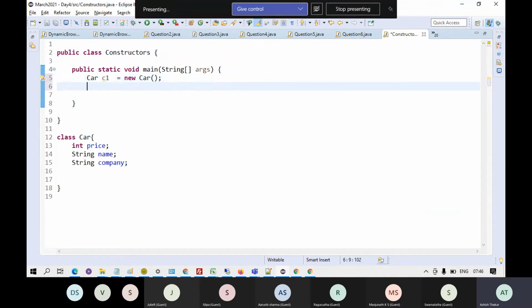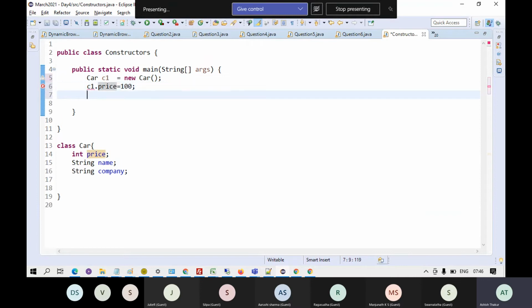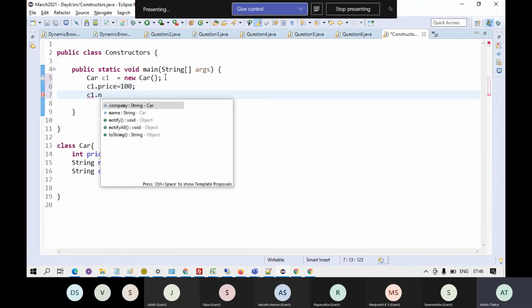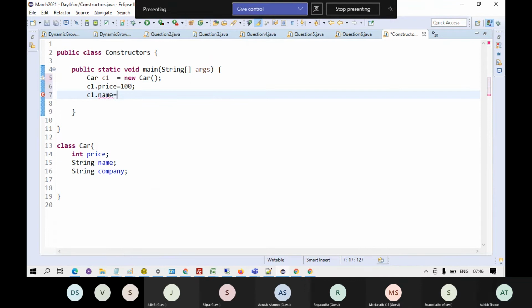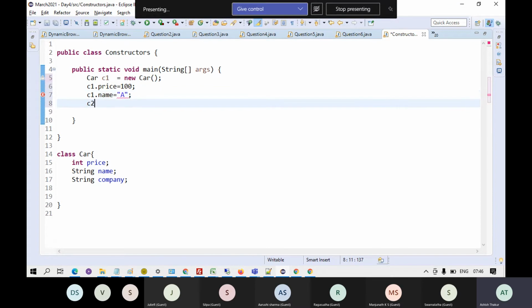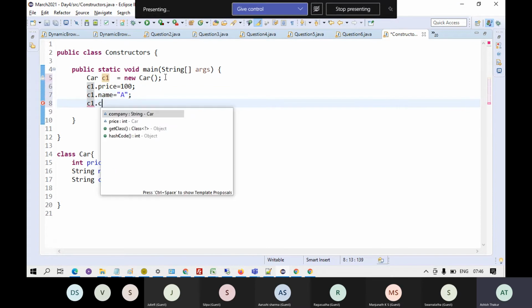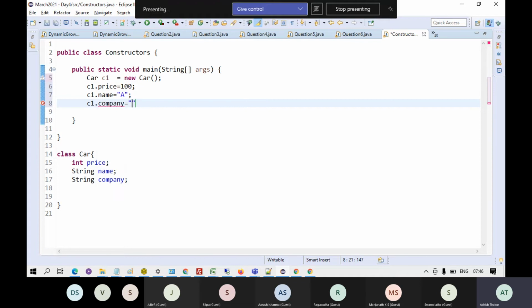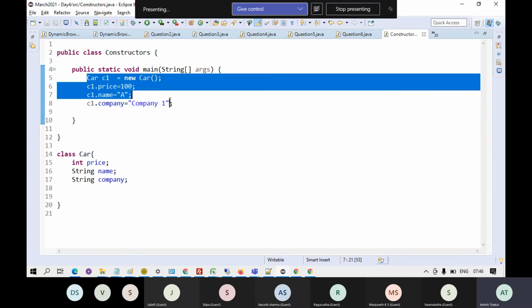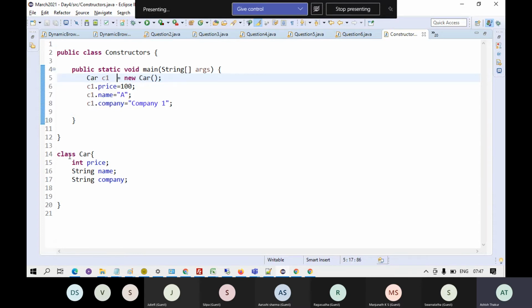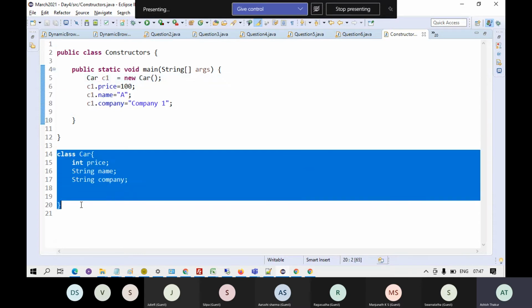I will have to write c1 dot price is 100, c1 dot name is a, c1 dot company is company 1. Just giving you an example, right? So obviously I have initialized the object of this car class,